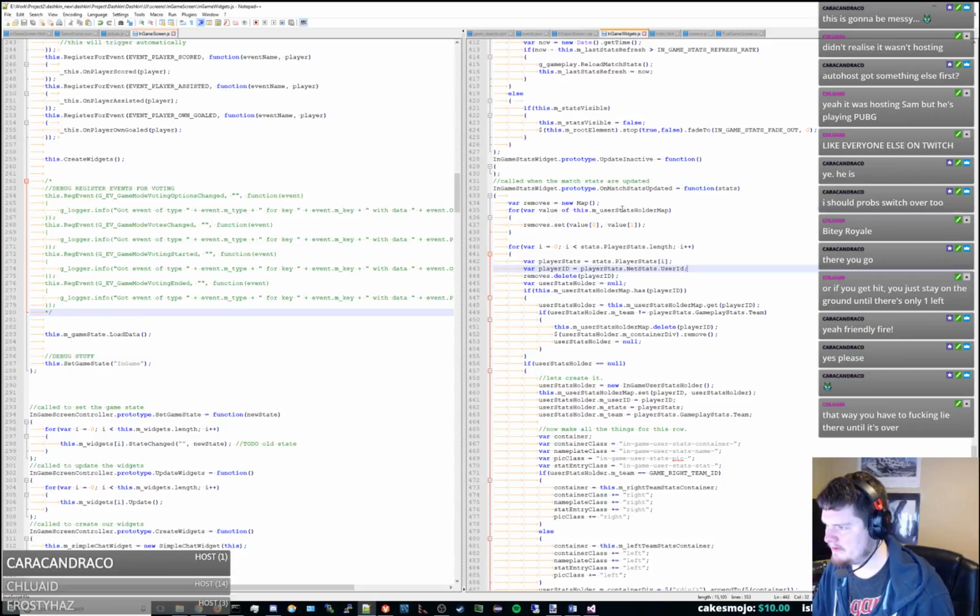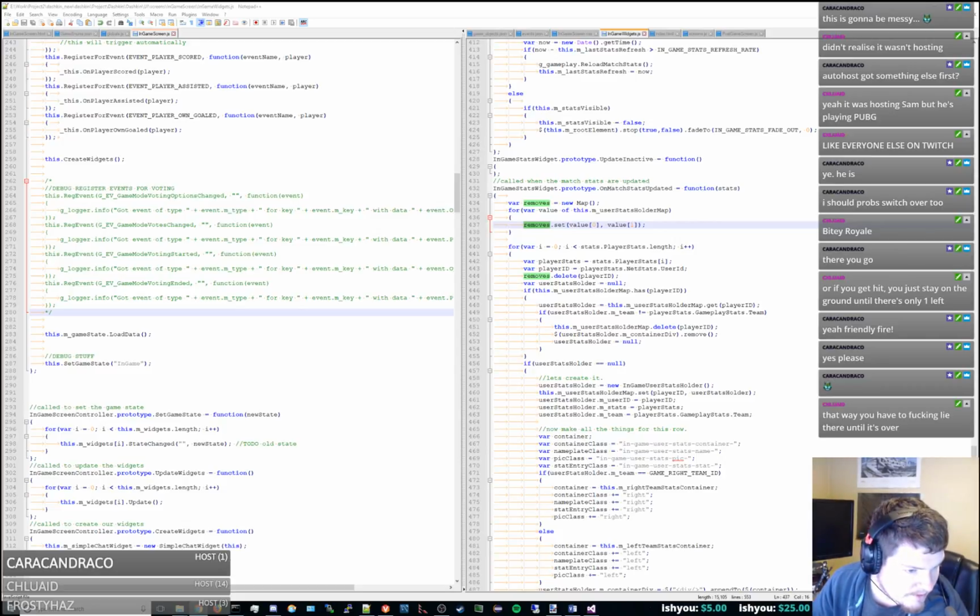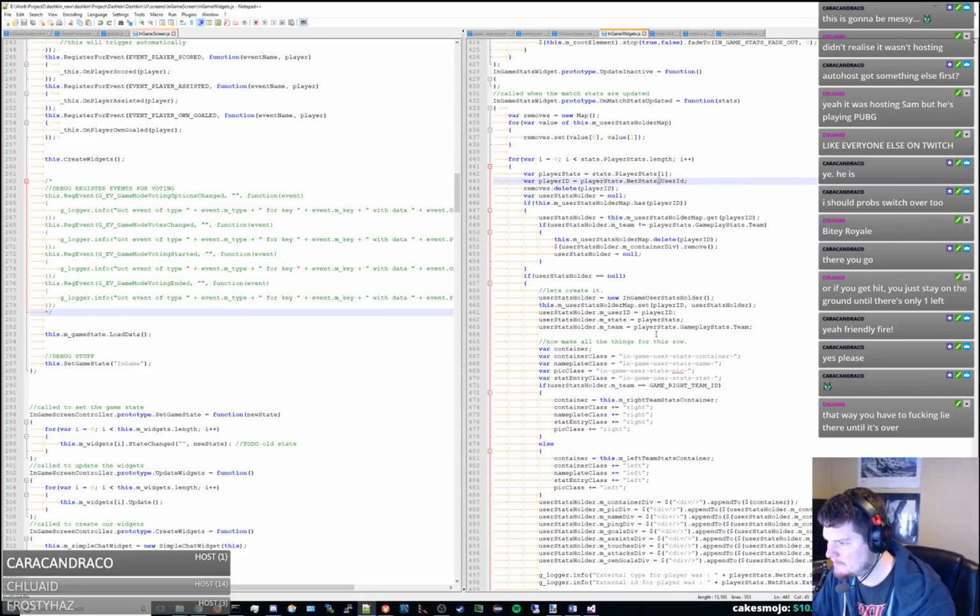Alright, well, we don't actually have any data on here, which is not how it's supposed to be. So on match stats updated, so we have all this stuff. So stats players length is 16, user stats holder has player ID. We're probably just not attaching this stuff, so we want the